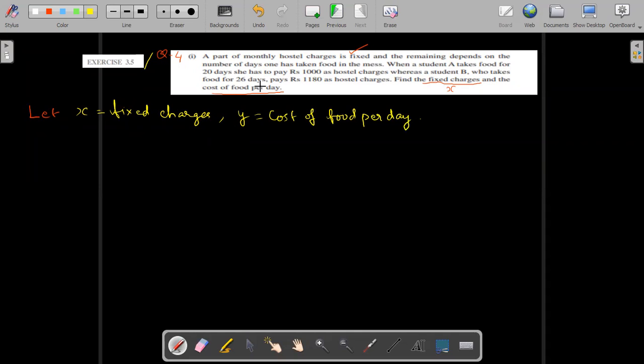Okay. So for student A, the given condition says